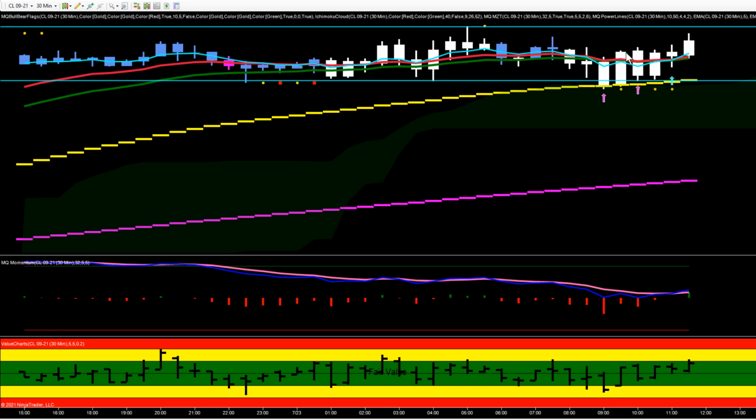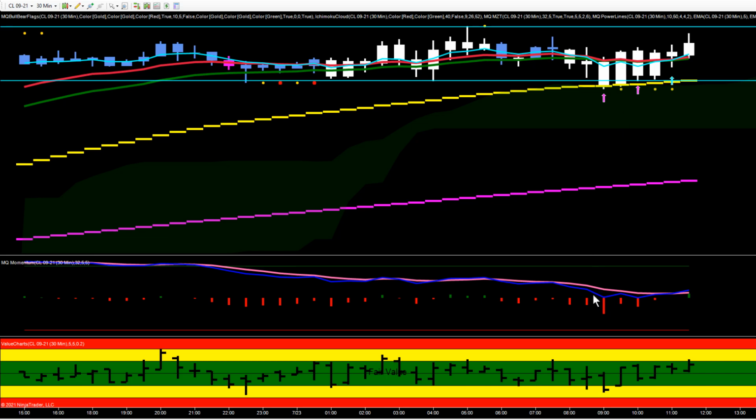Well, this is what we call a mixed chart, and it has been like this in crude most of the day. You could see that we were actually making higher highs, higher lows, and our moving averages were crossed to the upside. But then right in here as we were coming into the US session, momentum actually went to the downside and crude started pulling back. In fact, we even had a moving average crossover with a bearish inflection, and crude did push down for about $350 per contract. But we had significant support right here at the 50 EMA,